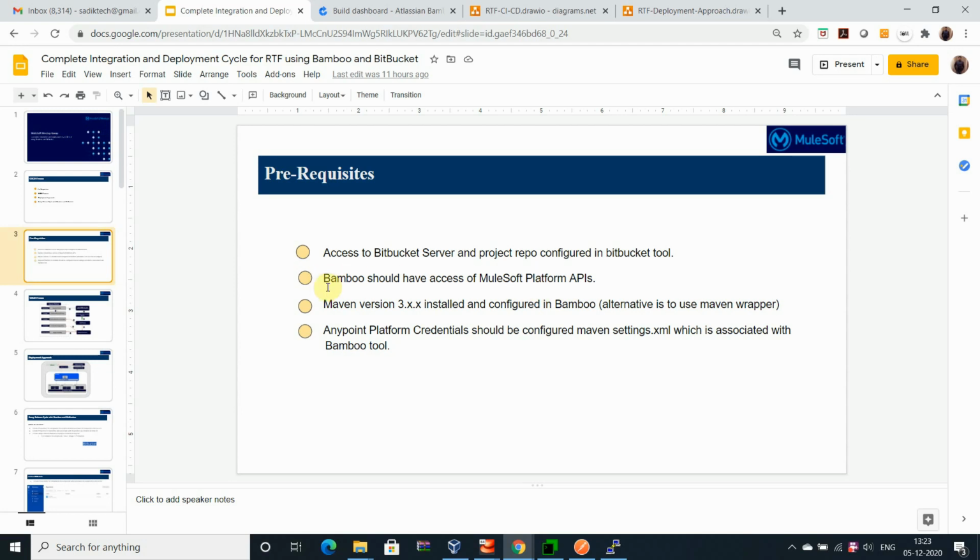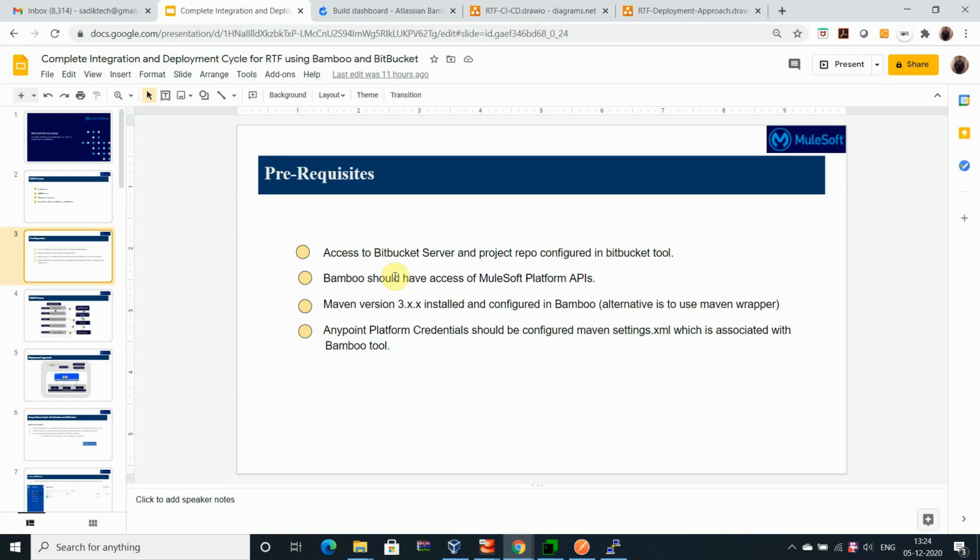This point is very critical because in this demo we are going to demonstrate the requests that will be executed with the help of Maven commands to perform operations on the Anypoint platform. Okay, like publishing into Exchange, extracting from Exchange, deploying on the platform Anypoint Runtime Fabric, and creating an instance of the API in API Manager.